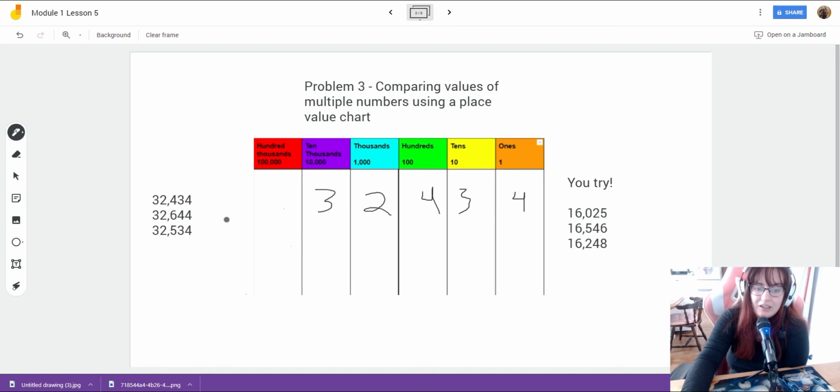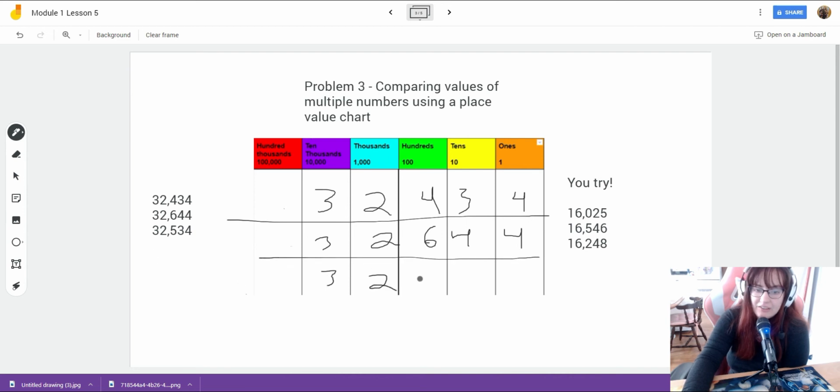32,434. I'm going to write a line here, and then I'm going to write my next number, 32,644. Then I will move on to my last number, which is 32,534. Now, what I need to do fourth grade is I need to compare all of my place values just